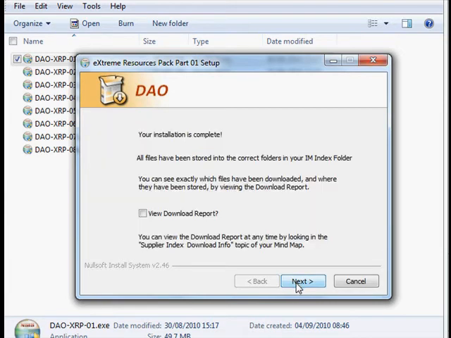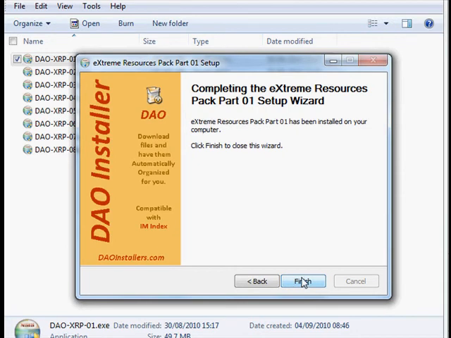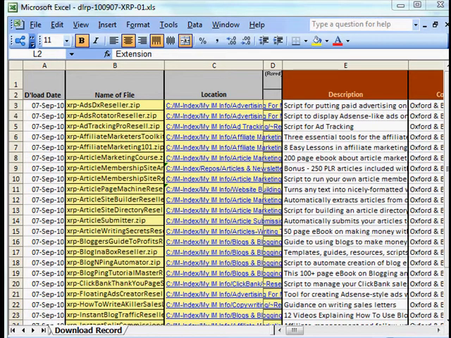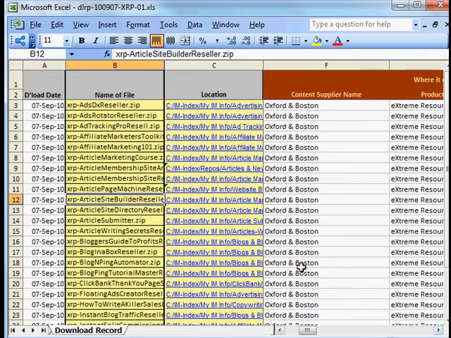Click next, and it asks me, do I want to view a download report so I can see where the files are? So I'll click yes to that and click finish. And up pops a spreadsheet that contains a list of all the files which that DAO installer has just organized for you, telling you the date you downloaded it, the file name, a link to the folder containing the files, we'll go to there in a minute, a description, the supplier that provided it,